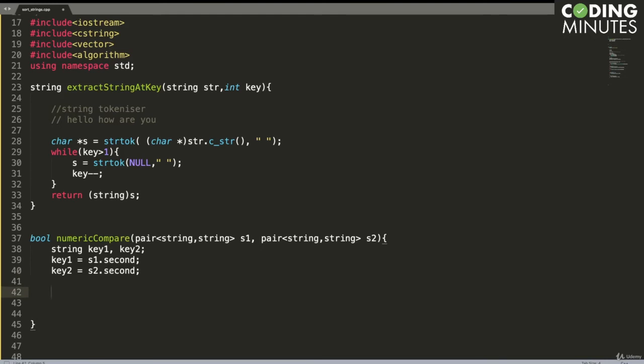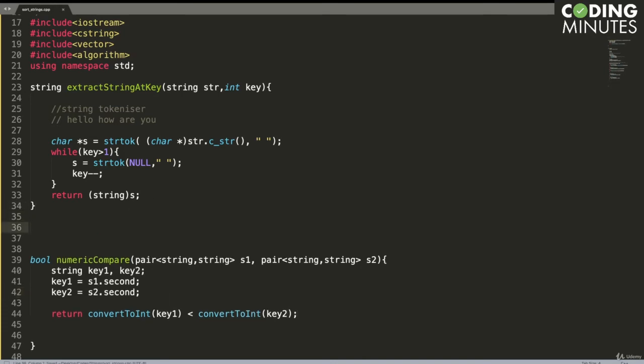And how do we compare? We have to compare based upon the integer values. So we will write a helper function, convert to integer, first key 1 and second key 2, right? So what happens now is we have something like this.